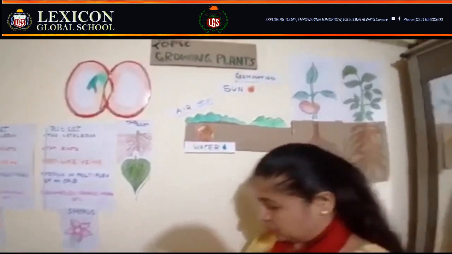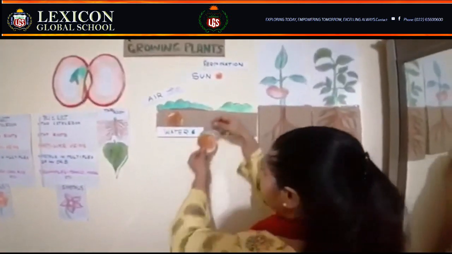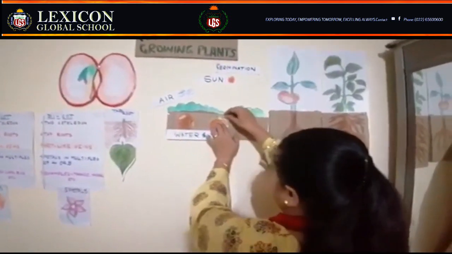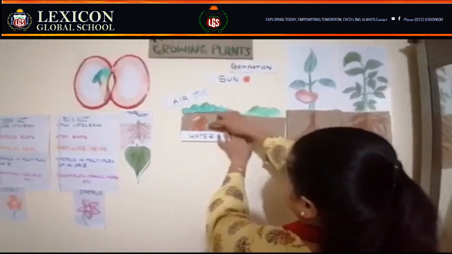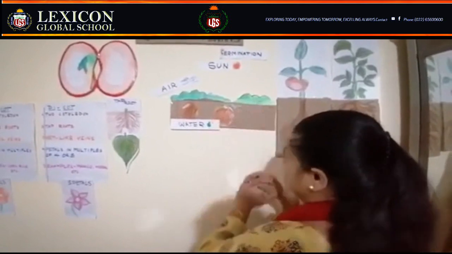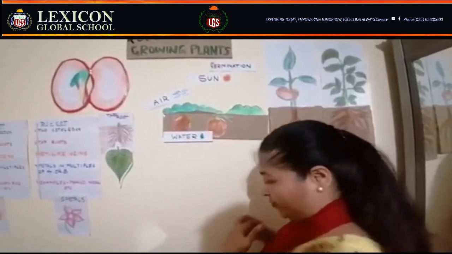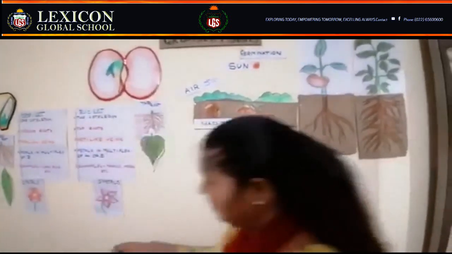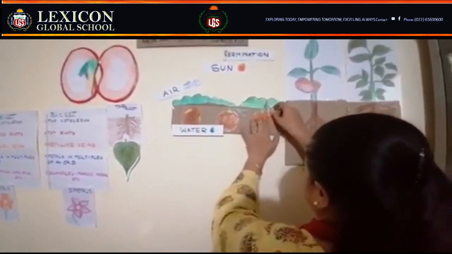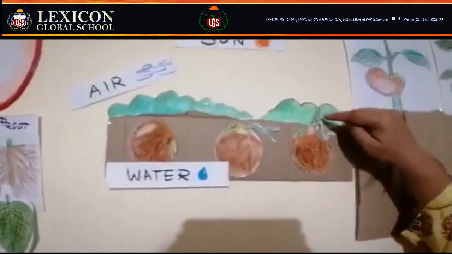Now, I will show you the next stage. In the next stage, you will see that the seed starts growing slowly, and from this shoot or the embryo, the roots will start coming out. Okay? And slowly for the third step we will go. In the third step, we will see that the seed. Here you can see there are 2 nodes.